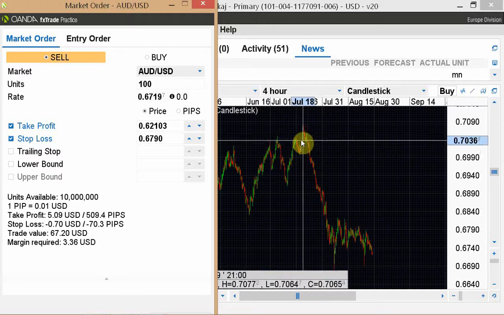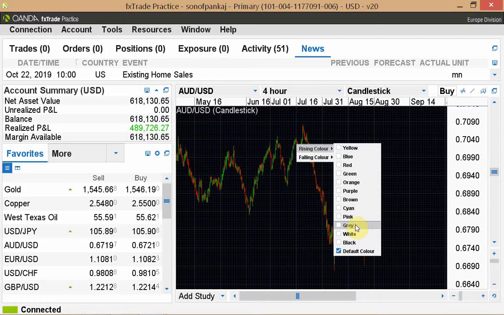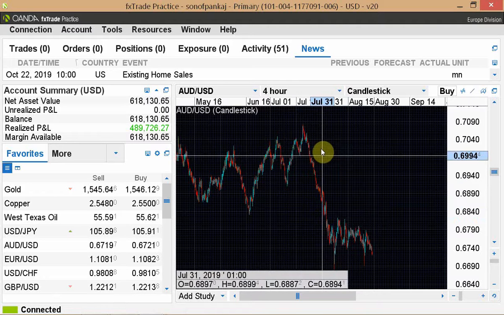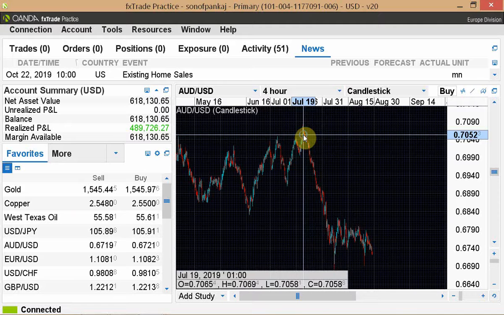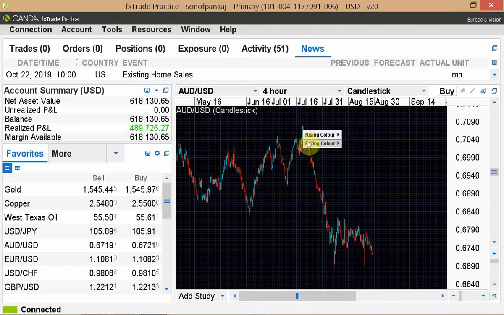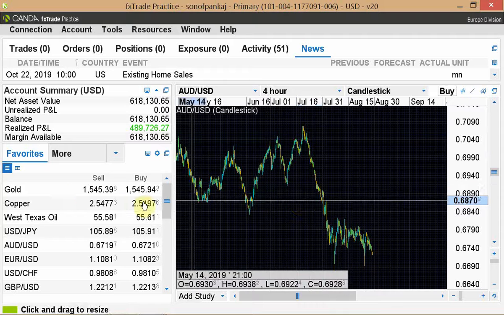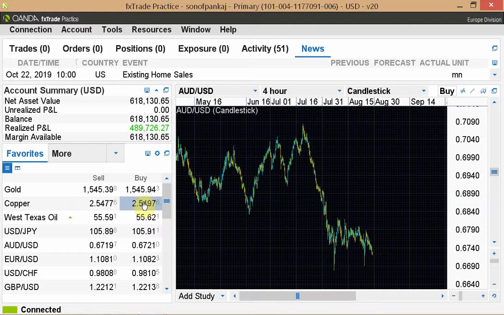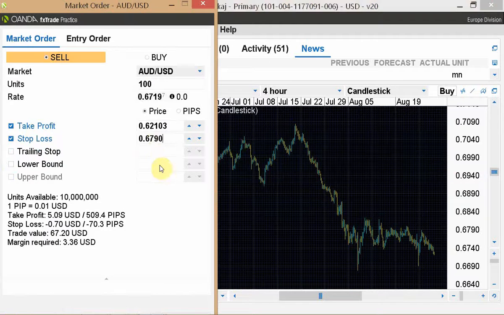You can't really see anything. Little better. Okay, so what we are doing is we are going short Aussie,